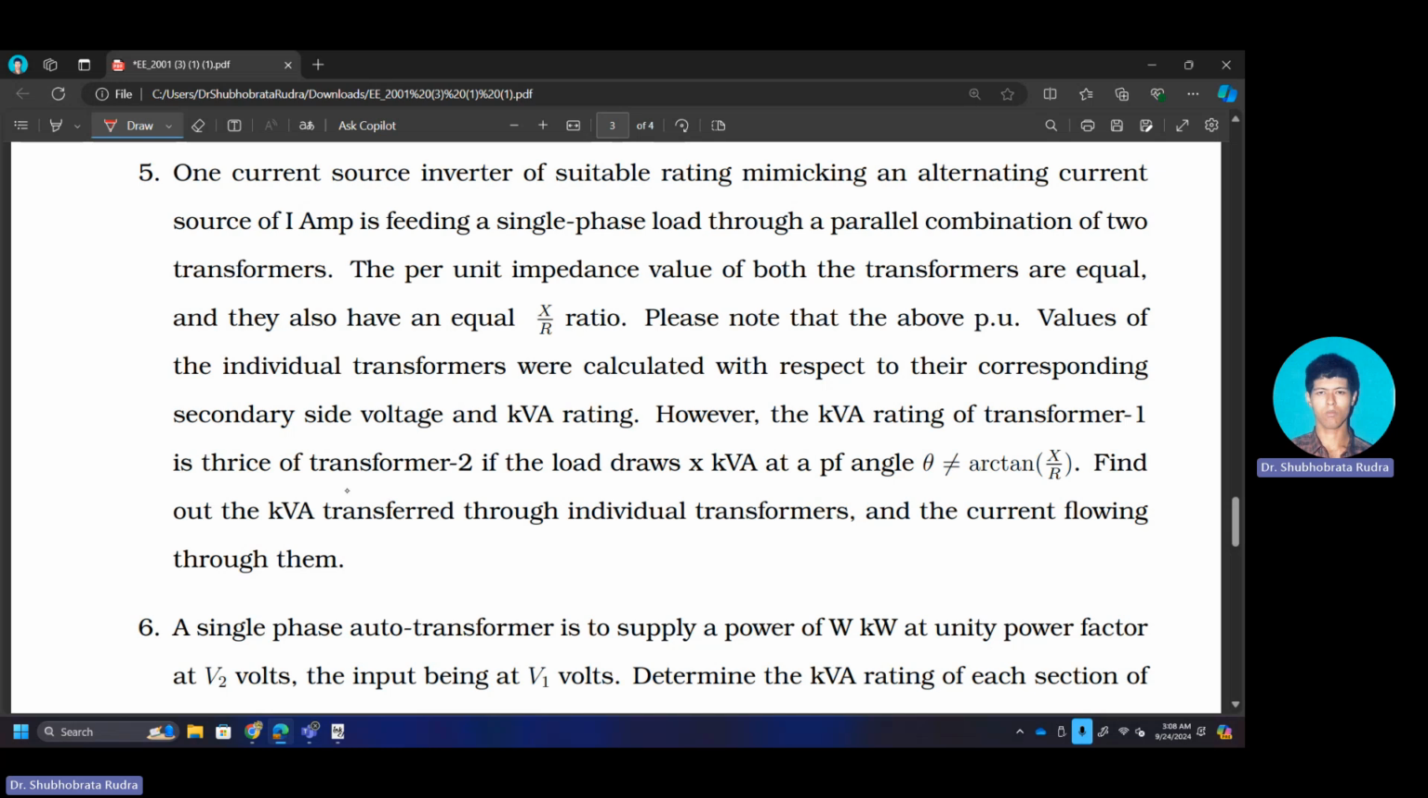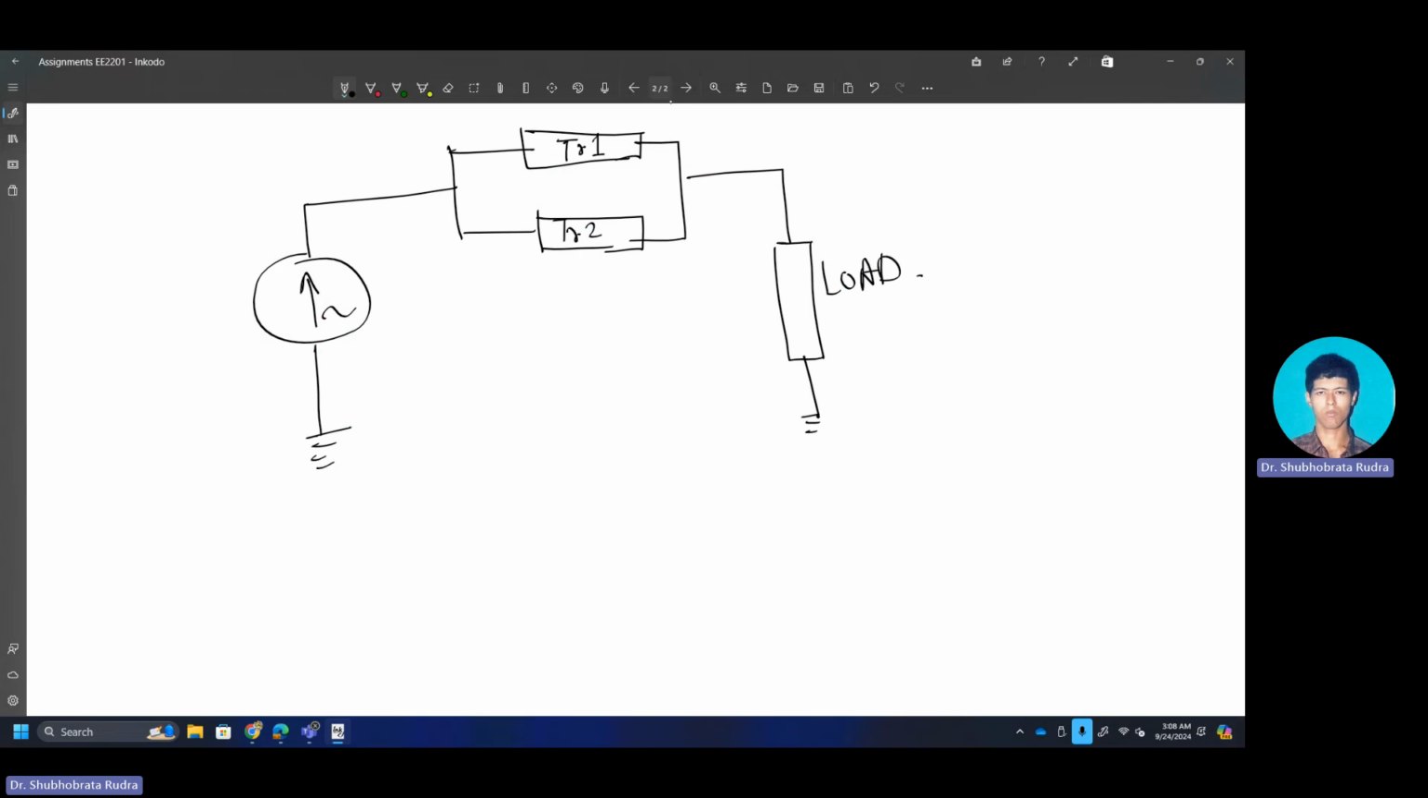transformer 1 per unit impedance is actually 1/3 of transformer 2 per unit impedance. So when you compare them on the same KVA scale, this is what you will get. So basically, if this has Z1 and this has Z2, mod of Z1 is equal to... so what we can conclude is that this will carry around 3/4 of the total current and this will carry 1/4